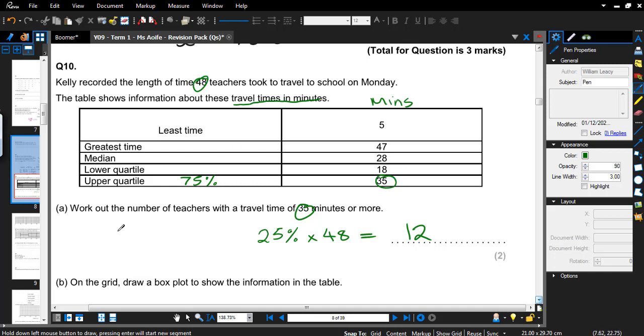Now, work out, yeah. Don't just write down the answer. All the boys in year 9 who think they're really smart and you're not. Work out. You need to learn how to read